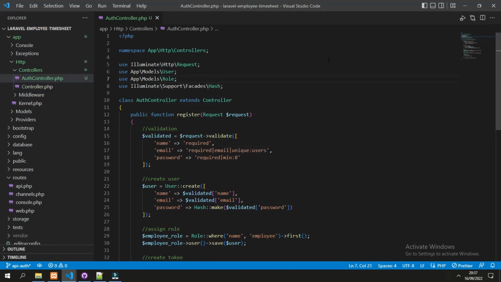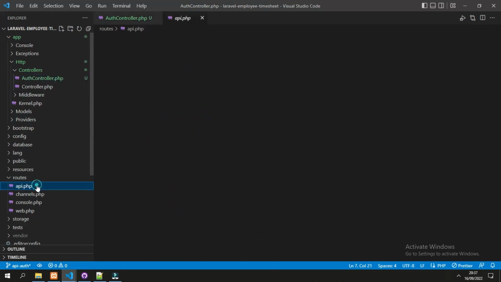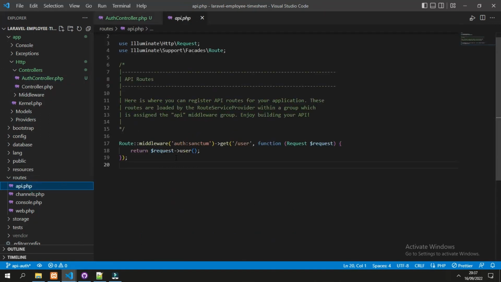Next step, we create the routes for the API. We can go to the routes folder here and find the api.php. This is the default one, and we can comment on this one and create our routes, and it will be grouped by the controller.